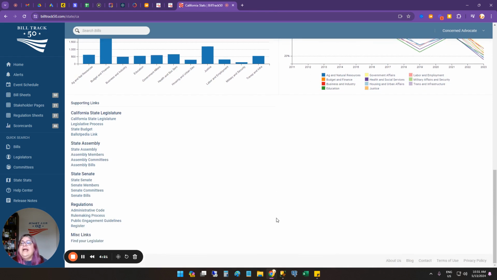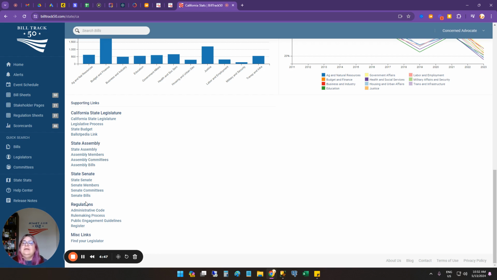Then down here, we have a bunch of links you might be interested in. So we've got the links right to the legislature website, to their own description of their legislative process, a link to their budget, which can be helpful, and that's on the NASBO site. So that is a nice breakdown. I think you'll find this useful. And then Ballotpedia's description of the state, which is also pretty useful. And then links that you might want for the House or the Assembly and for the Senate.